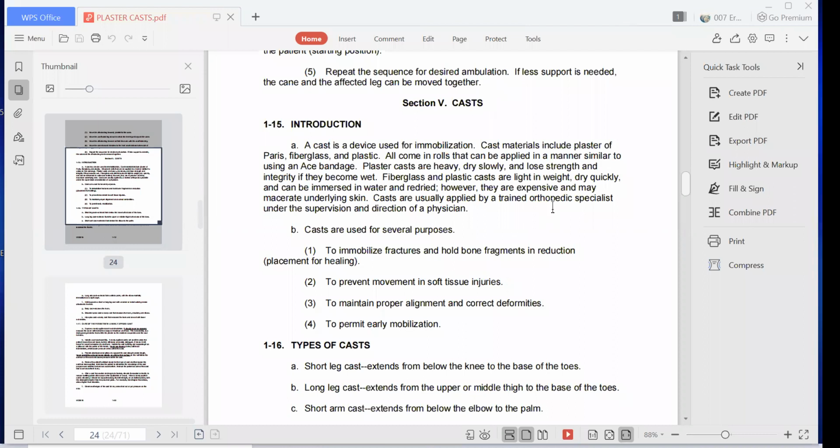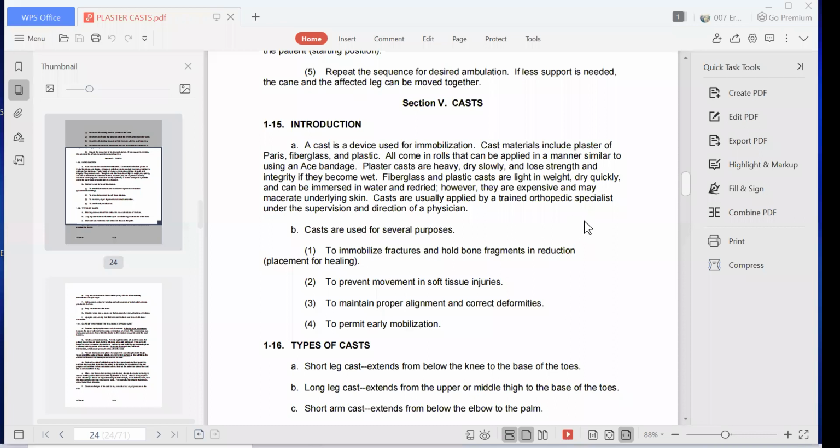Cast material includes plaster of Paris, it may be of fiberglass, it may be of plastic. So all comes in roll and that can be applied in a manner similar to using an ace bandage. Like how we go on putting our roll bandage, same way we can use the plaster cast. Plaster casts are heavy, and they lose strength and integrity if they